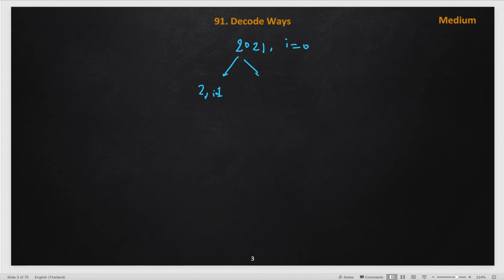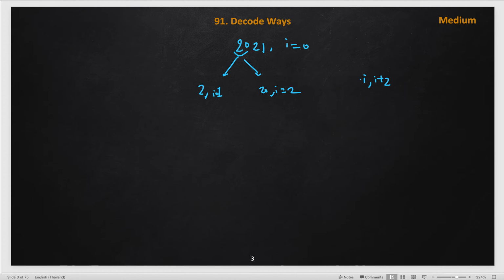We can take 2 characters only when the substring from i to i plus 2 is less than or equal to 26, then we can go further.